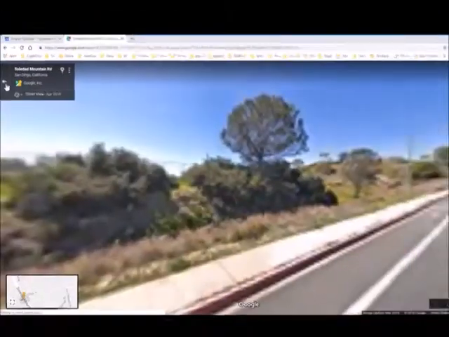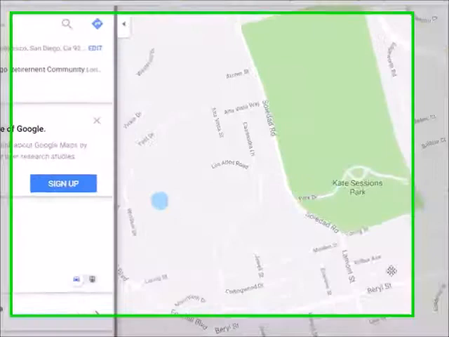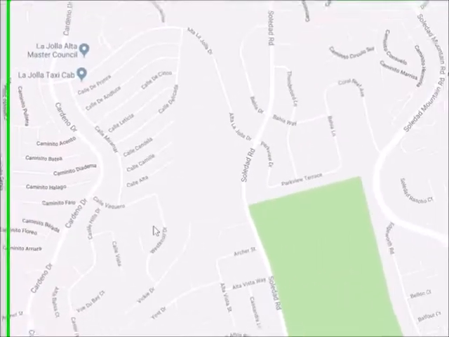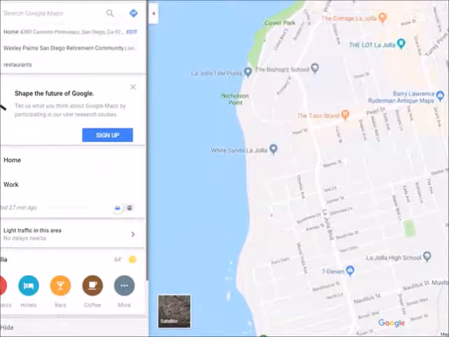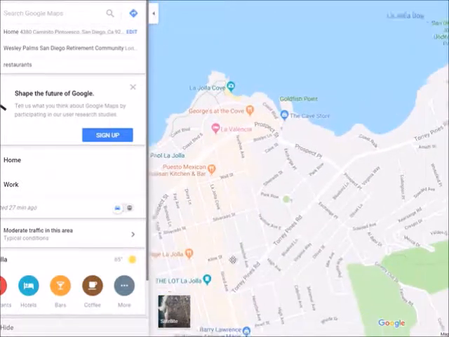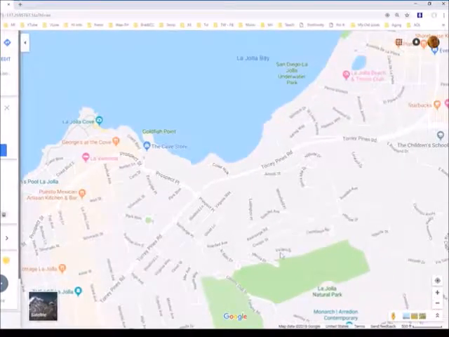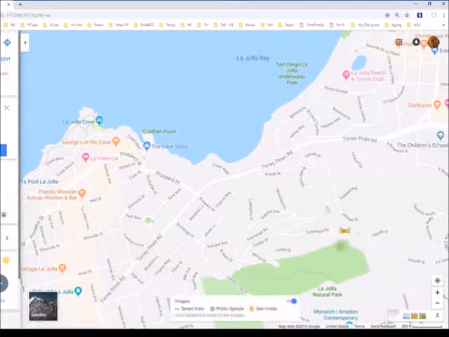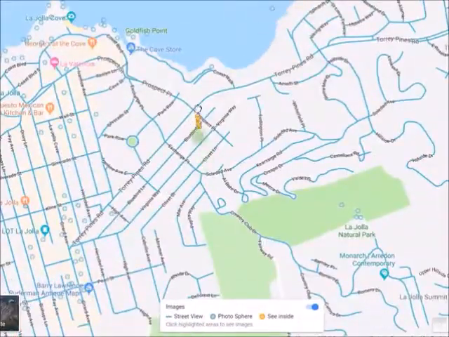But it's probably better to get out of that and to show you another area in the La Jolla area that you might find interesting. There are places where you can use Street View to look at places which are not streets. For example, right here. Here's the Cove in La Jolla. Here's George's at the Cove and La Valencia Hotel. If I take the little brown man and drag him up here, you notice there are no streets along here, but if I drop this guy right along the shore there,